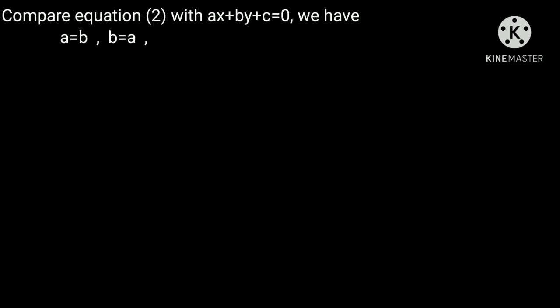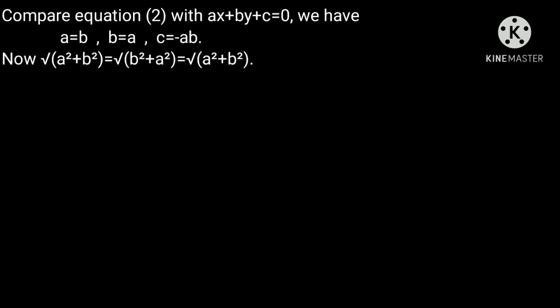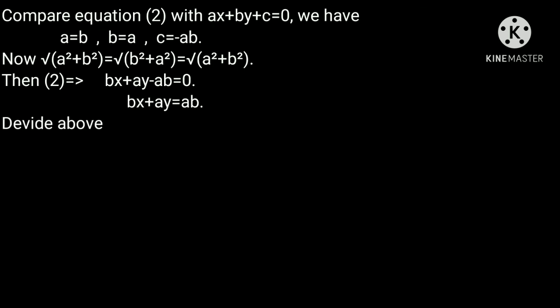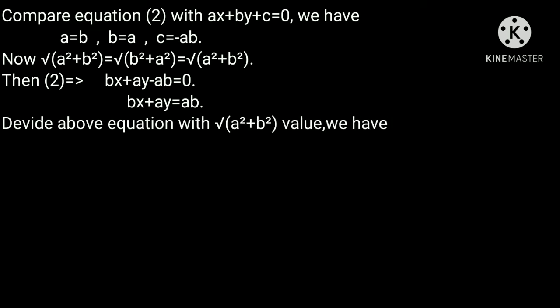Compare equation number 2 with ax plus by plus c equal to 0. Then a equal to b, b equal to a, and c equal to minus ab. Now square root of a square plus b square equal to square root of b square plus a square, finally equal to square root of a square plus b square. Then equation 2 implies bx plus ay minus ab equal to 0. From this, bx plus ay equal to ab. Divide above equation with square root of a square plus b square value. Then